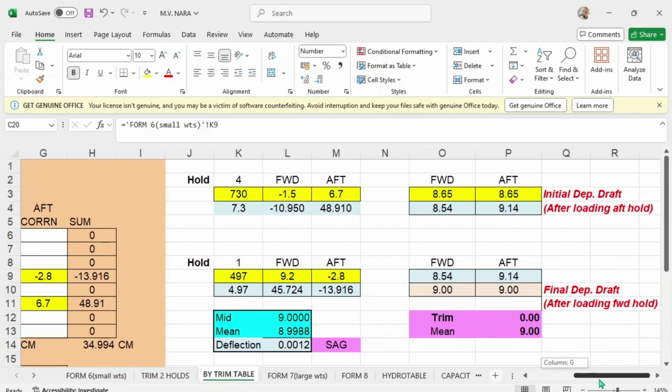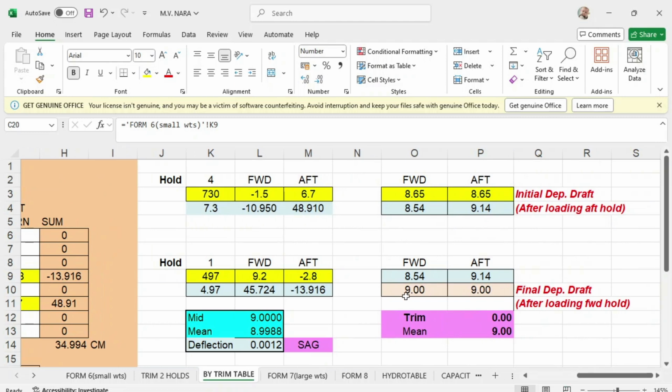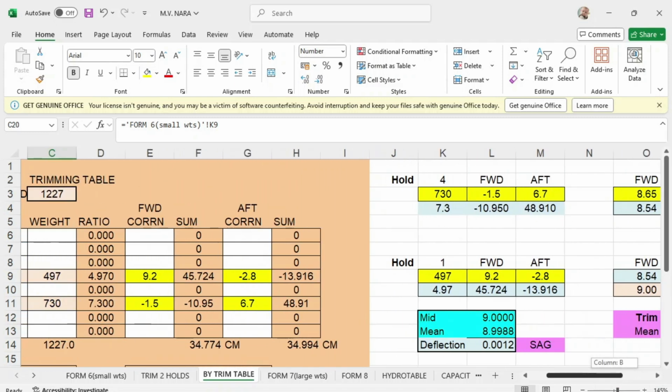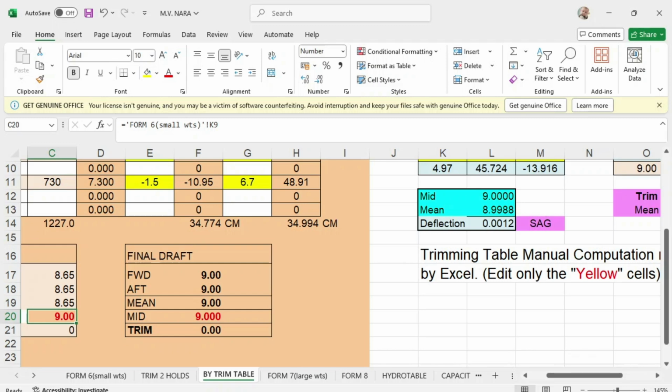After you have loaded hold number 1, your draft will be even keel, forward 9.0, and aft is 9 meters, your trim 0, and your mean is 9.0. So after you load 730, this will be your draft. After you load 497, this will be your draft, and you have a 0 deflection. Okay, so this is one way of calculating the trim table, and this one will also be another way of calculating the trim table. Okay, so that's it, guys.